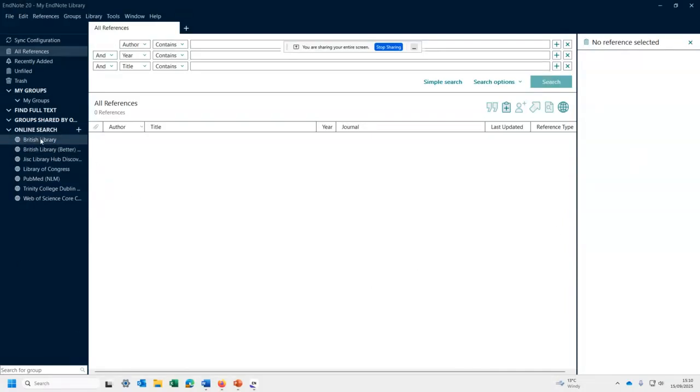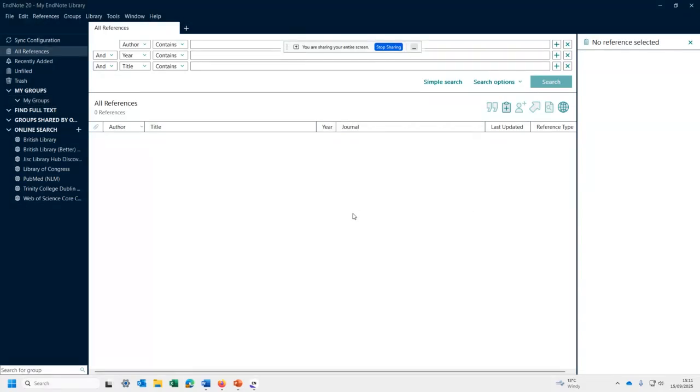On the left-hand side, we have the groups pane. What that's for is that these libraries can be quite large. I deal with some that have multiple thousands, 15, 20,000 references in them. So it can be helpful to divide your library into groups. For instance, if you're doing your thesis, you might have a group for your introduction, your chapter 1, chapter 2, chapter 3. You can have groups for various different assignments or projects you're working on. So that's a good feature with the groups. It allows you to break down your library into more manageable chunks.